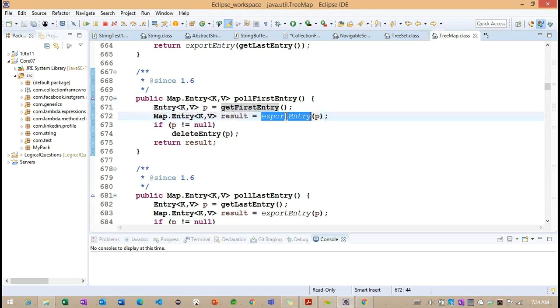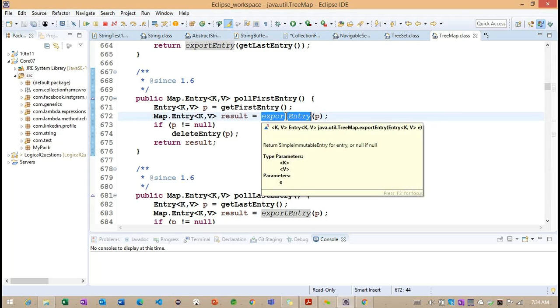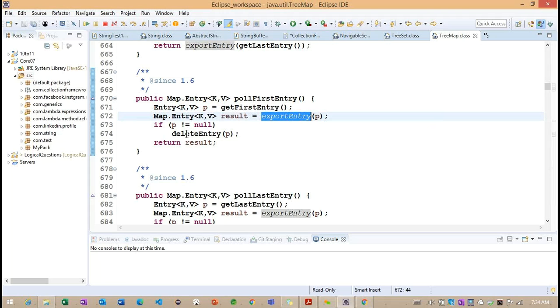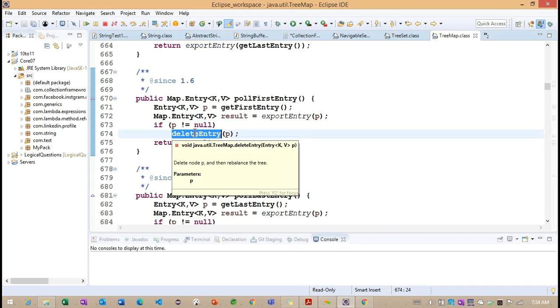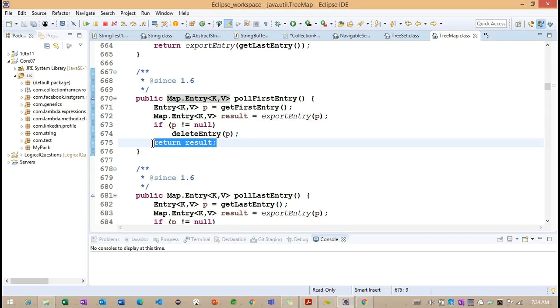From the first entry, they're trying to check whether this particular object we can export or not. And based on some other condition, we can export here. If the particular P is not equal to null, they're trying to delete this particular object here. And whatever object we delete, that object we return. The object is returning here, right? So this is the only difference between the pollFirst and pollLast methods here.